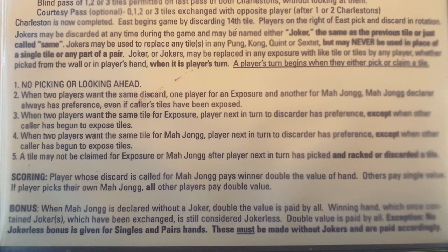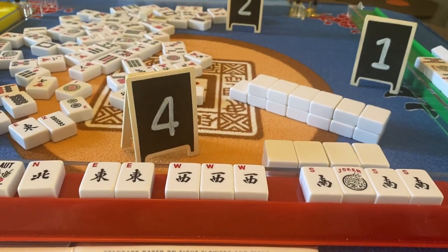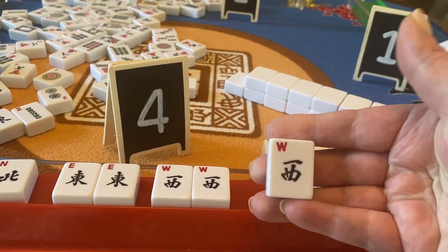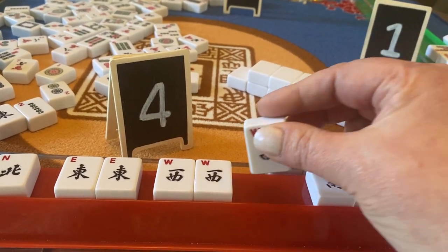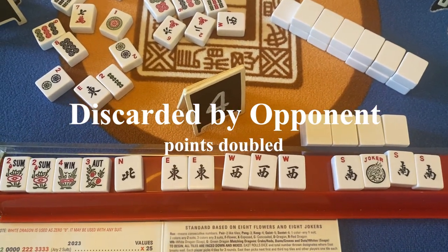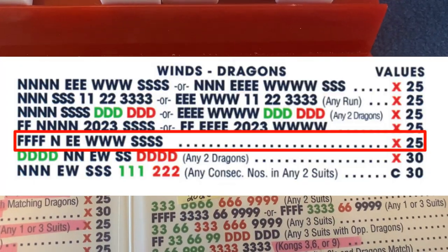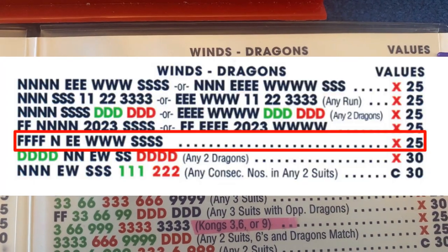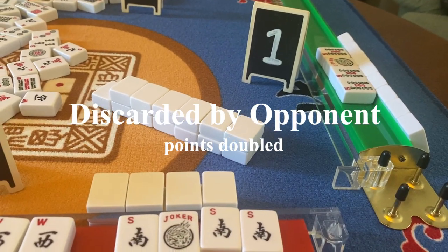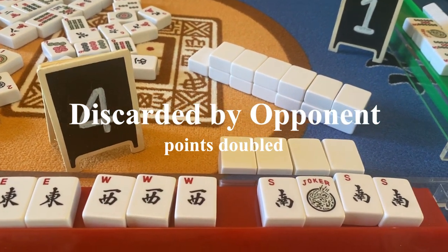Back to our original game. Player 1 on my right had discarded the West. The West gave me a Mahjong. The Mahjong is valued at 25 points. Because player 1 discarded my winning tile, the West, to give me Mahjong, she will pay me